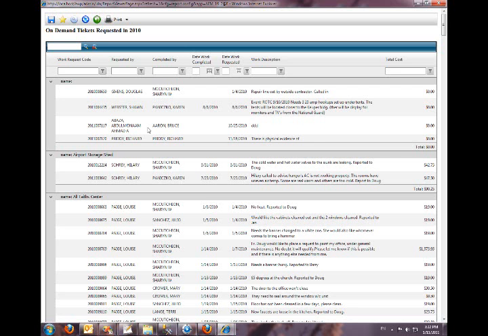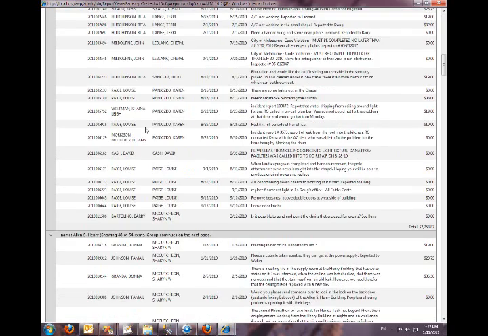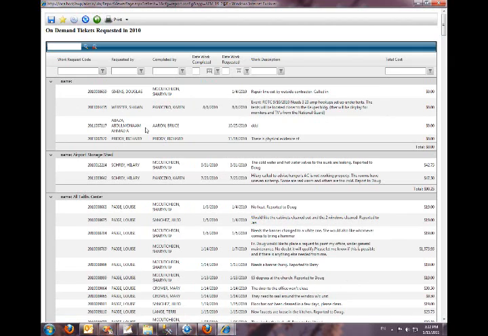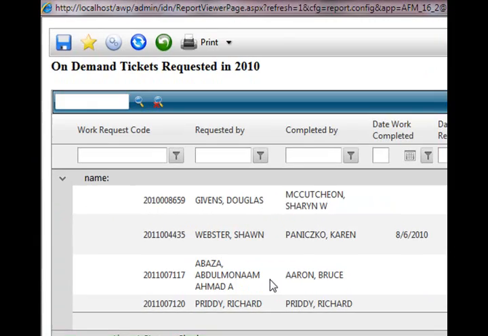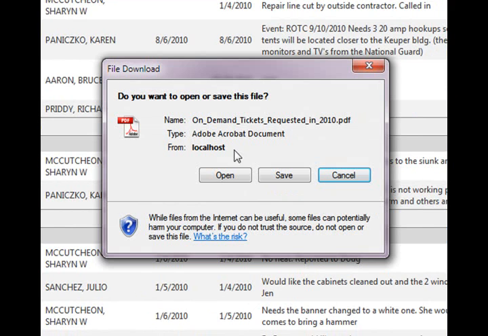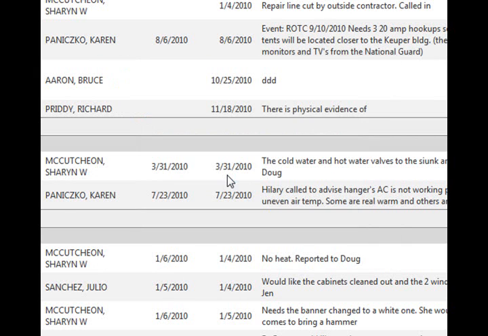There's no delay. But in addition to that, not only can we view the data that we assembled here for this report, but of course we can always export this out to either PDF or to Excel. And so let's see what it looks like in our PDF. Now it's also worth pointing out that this is still a pretty large report, and so it will take 10 or 15 seconds for the PDF to be generated. So once it's generated, of course, we could save it, or we can just directly open it. In this case, we'll just open it.